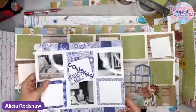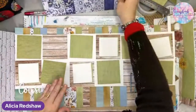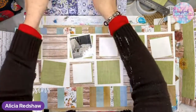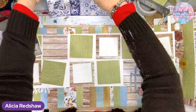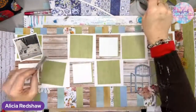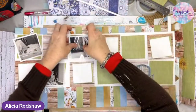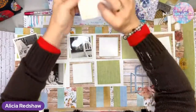See, I originally had the cousins up there and it just looked dodgy. I think we need to see, the photos will go on these. Just going to sit them on here. I really think that's actually just me. I might cut some fake photos in a minute to stick on here. But it is nice to have the photos. I just can't use the originals until